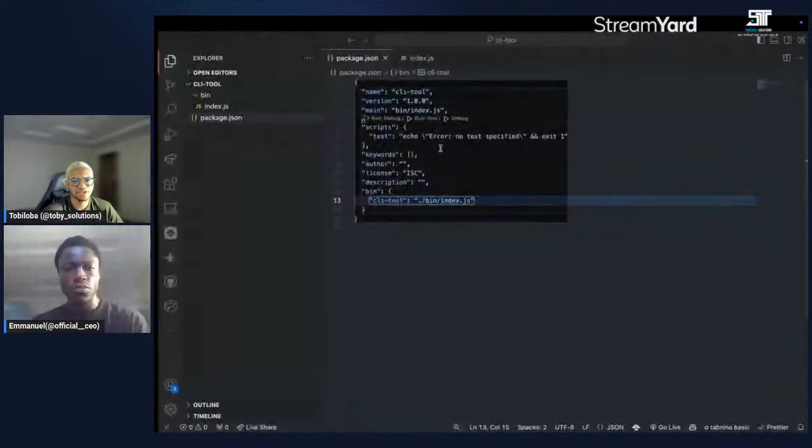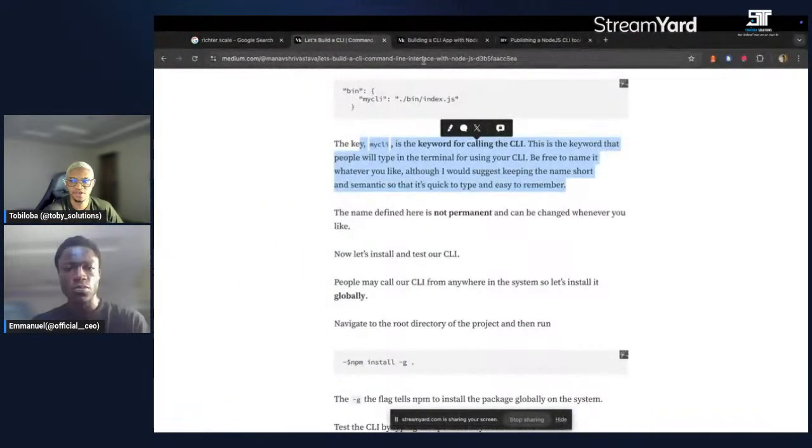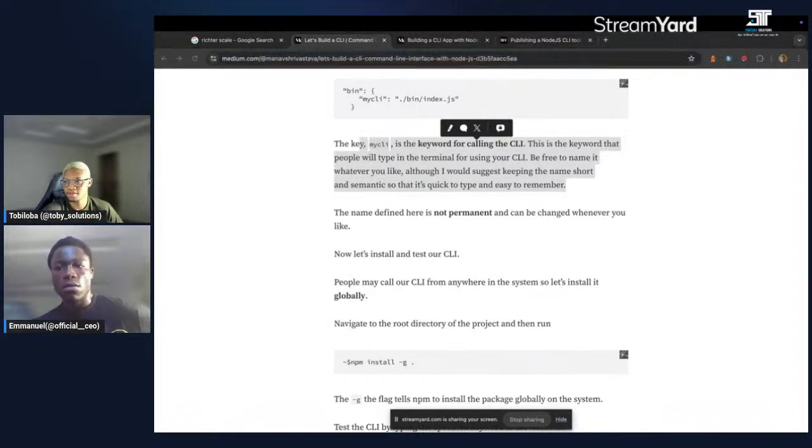So I got to setting up the CLI locally. I was following this guide here. I can share the link with you in the private chat too, so you can check it out. I got to creating the package.json, basically the project environment set up, and I got to the part where